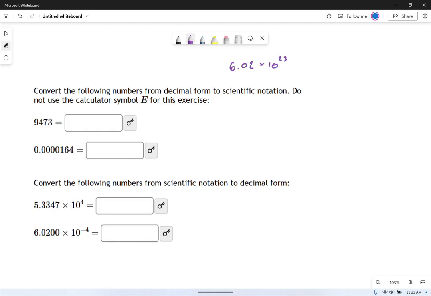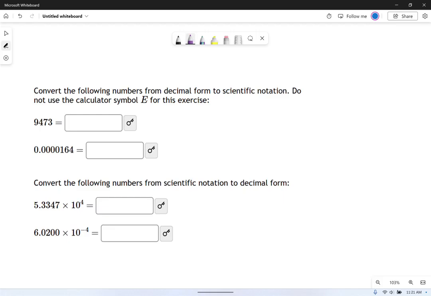That's the number of hydrogen atoms in a mole of hydrogen. Atoms are really tiny, so when you measure quantities of gas, you have tons of them. And rather than writing 6 with 23 zeros after it, people came up with scientific notation to just make it a little quicker to write these things.